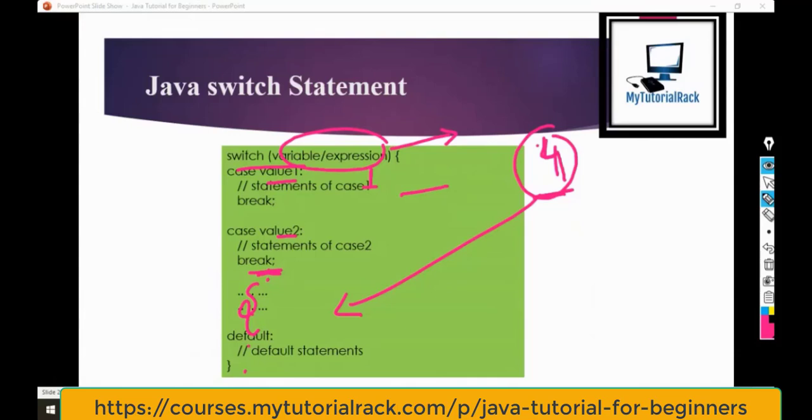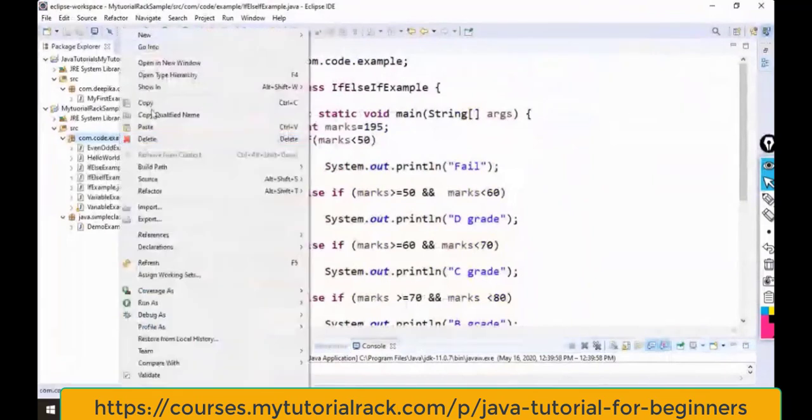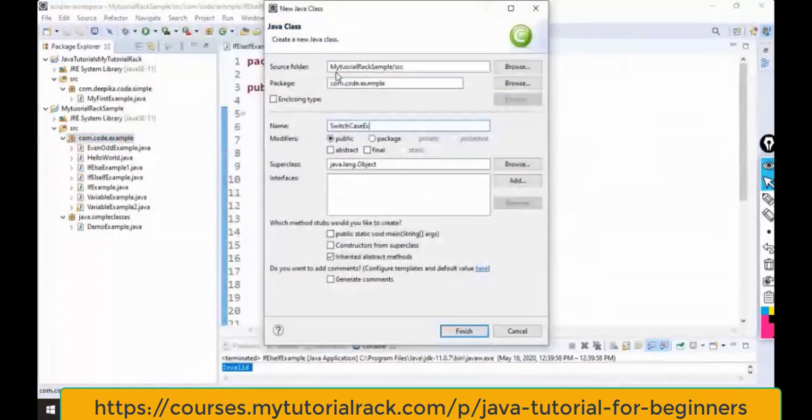Otherwise, if you have not written a break statement, then whatever case got executed and whatever is remaining after that, all those will get executed. So let me show you what I mean. Let's go ahead and write a switch case statement. So let's go back here, class, switch case example,